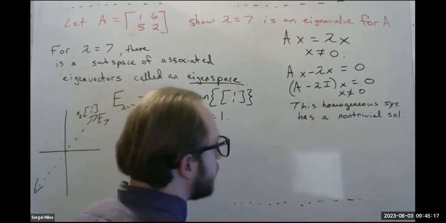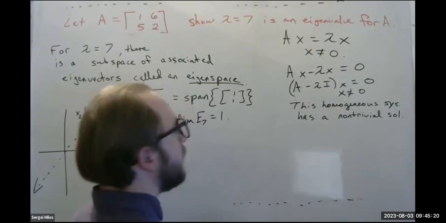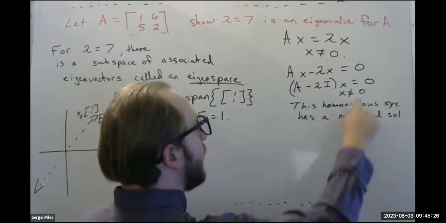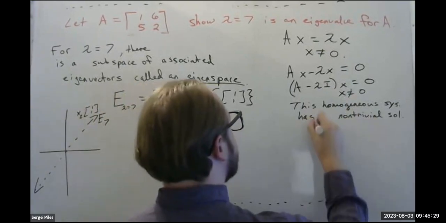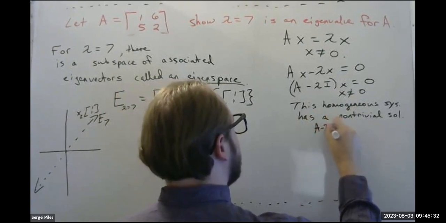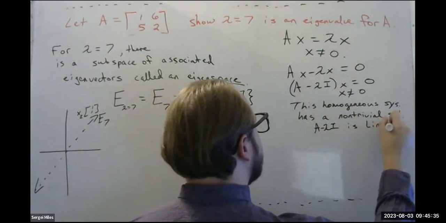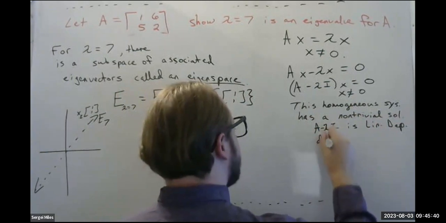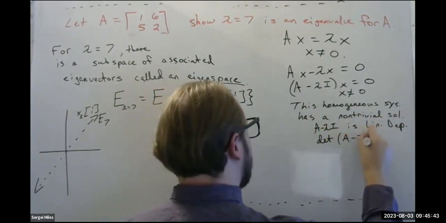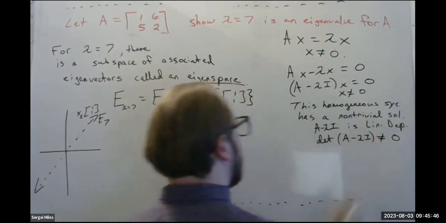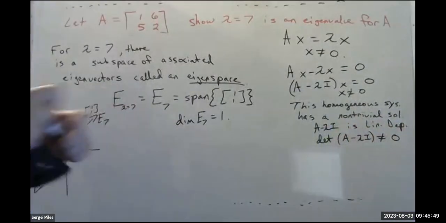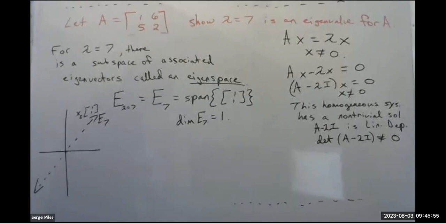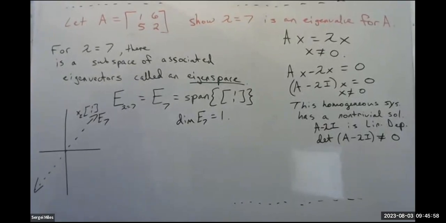Again, going all the way back to chapter 1, all those vocabulary terms we learned, they're all still relevant here in chapter 5. Okay, so that means we have a non-trivial solution. In other words, the matrix A minus lambda I is linearly dependent. Well, what else does that tell us? That means the determinant of this matrix, A minus lambda I, is not 0. So we're actually going to find out, and I'm getting a bit ahead of myself because we're going to talk about this a lot in greater detail in